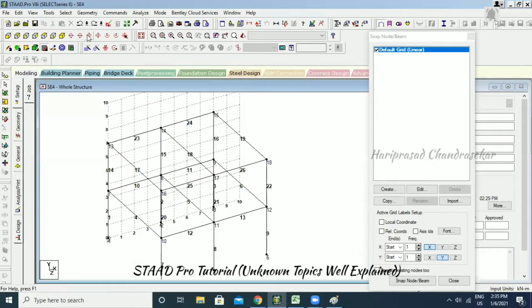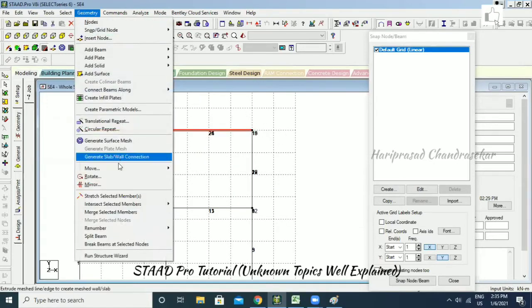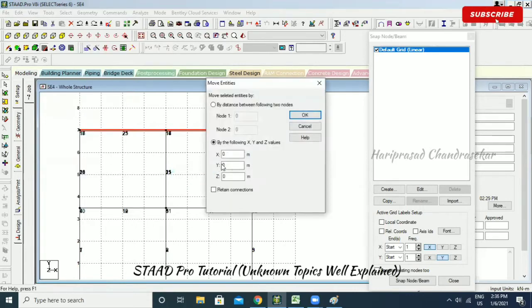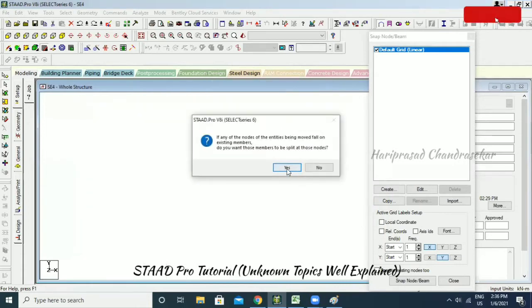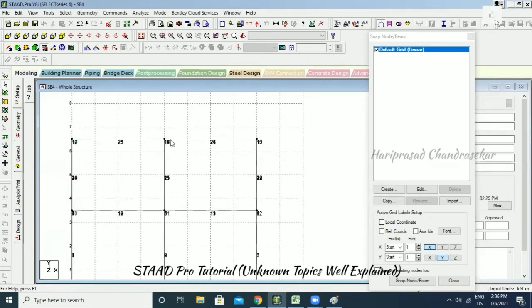Okay, that's fine. If you want to retain the connections, you can just select it and go for geometry, joint, and minus 0.5. And I'm just going to put retain connection. Retain connection in the sense it will consider these joints also, and it will totally move 0.5 meter down. I'm just going to put yes. Now, can you see we don't have any members on top of it? Altogether, it just moved 0.5 meter below.